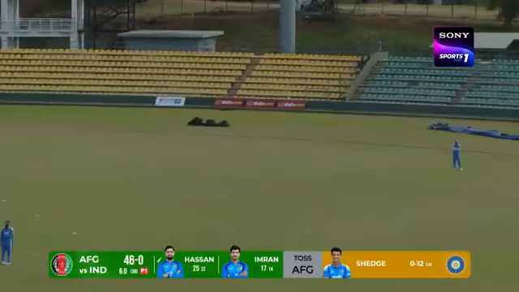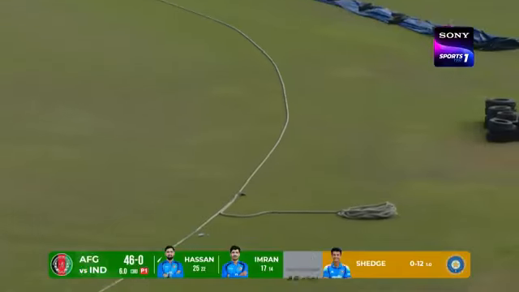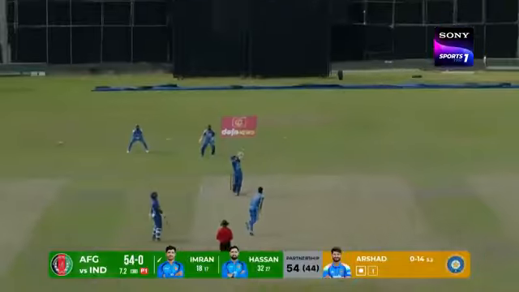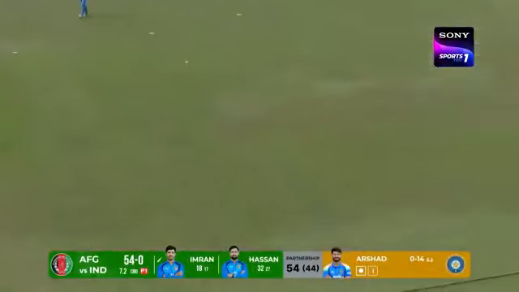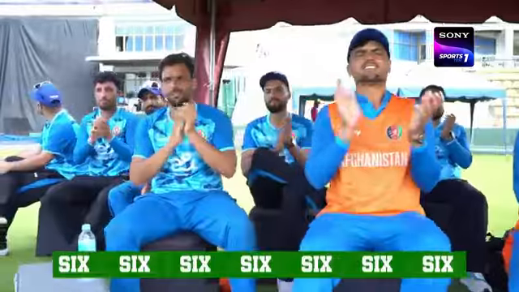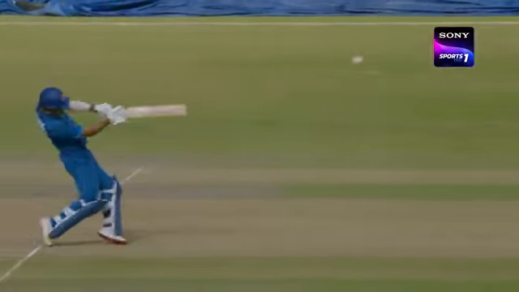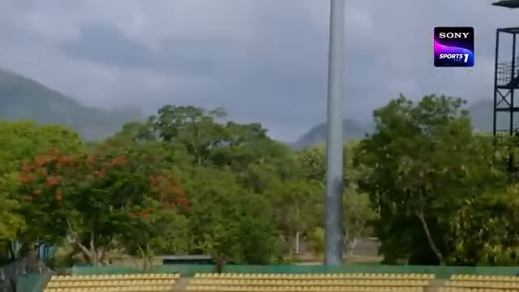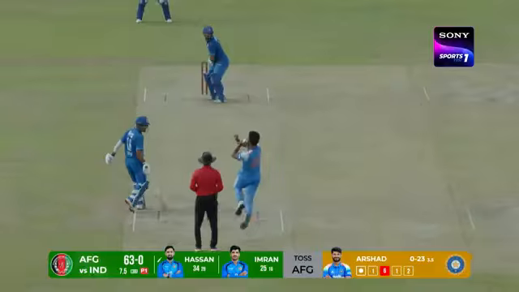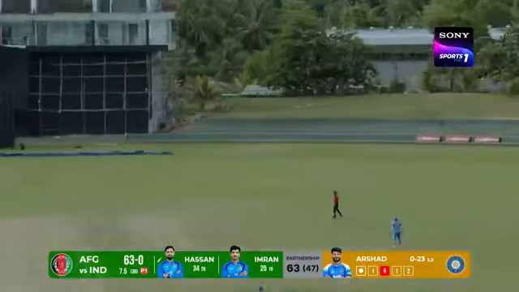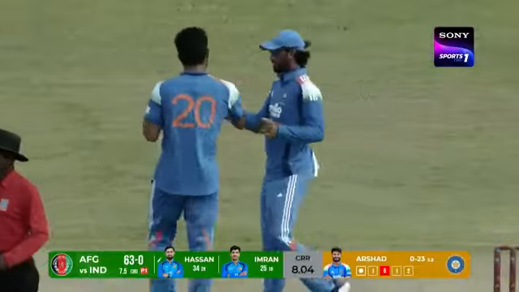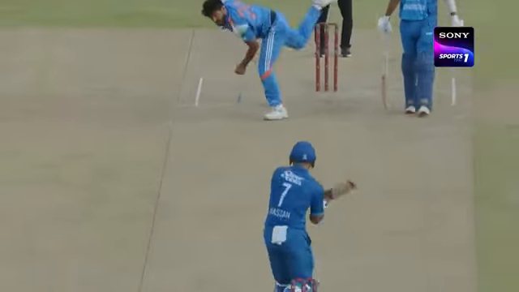And this time, he rocks back and puts it into the cow corner area for another boundary. Lovely shot. Goes downtown. Imran Mir. That was pitched fuller, and struck it right off the middle of the bat. Connects it straight to the fielder. That was a full face shot, but straight to long on.